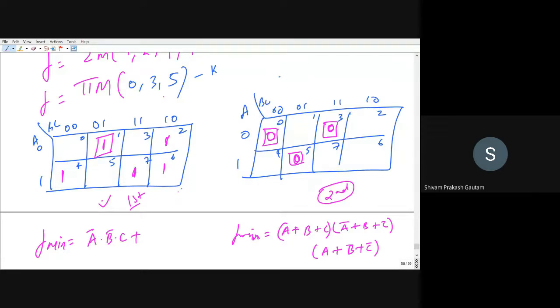So we have found the isolated cell. Now tell me, is there any cell for which only one adjacent cell has value 1? Look for adjacent cells. Only one adjacent cell should have 1 value. So 7, cell number 2, 4, and 2, cell number 4.